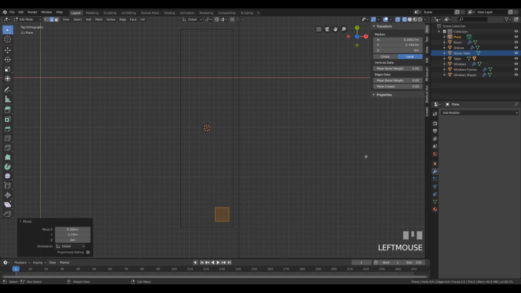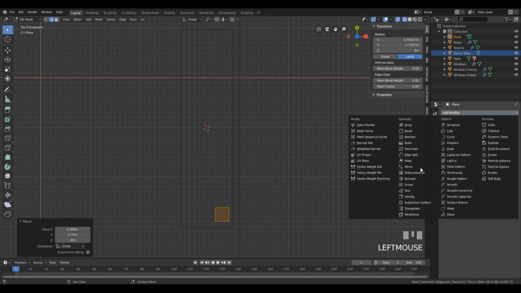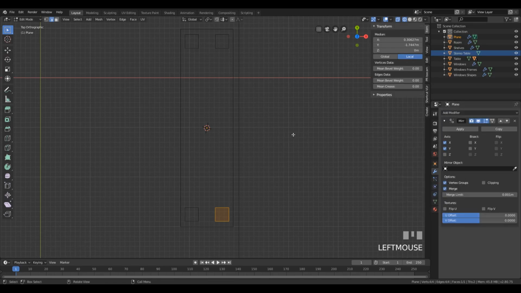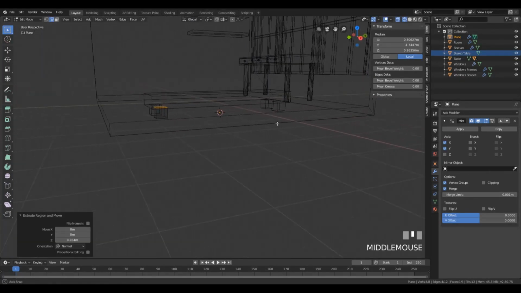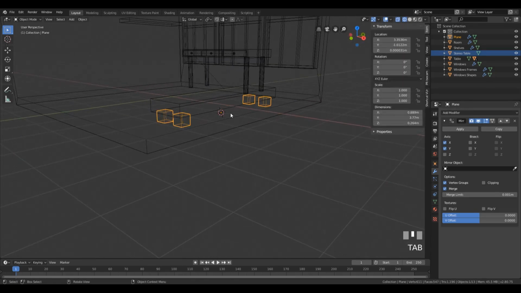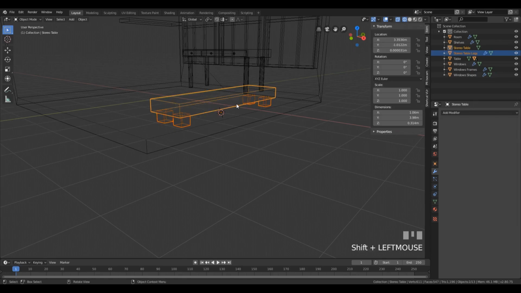And as you probably guessed, we'll now add the mirror modifier, so let's add that, enable Y, and we can extrude this, so press E and extrude it up, okay, like this. And we can call this stereo table X and parent it here, so Ctrl P,